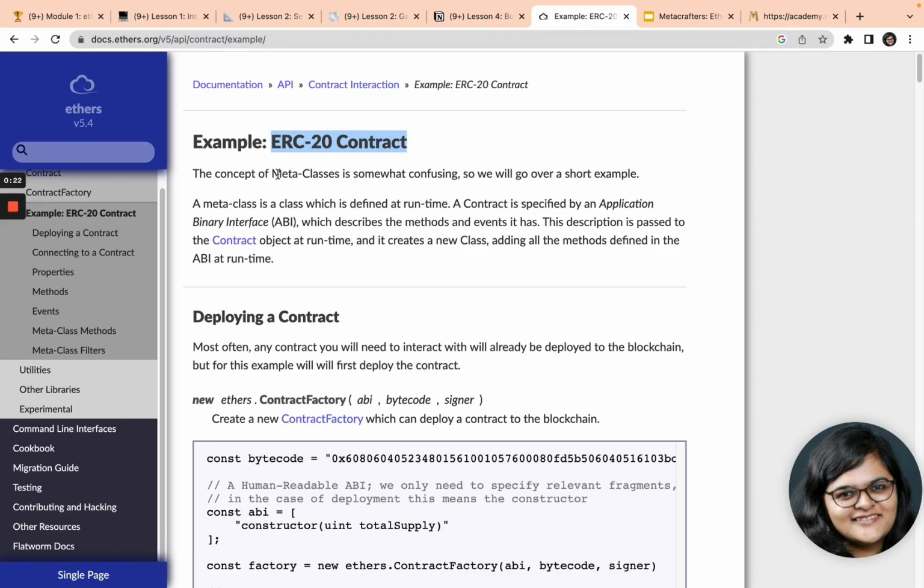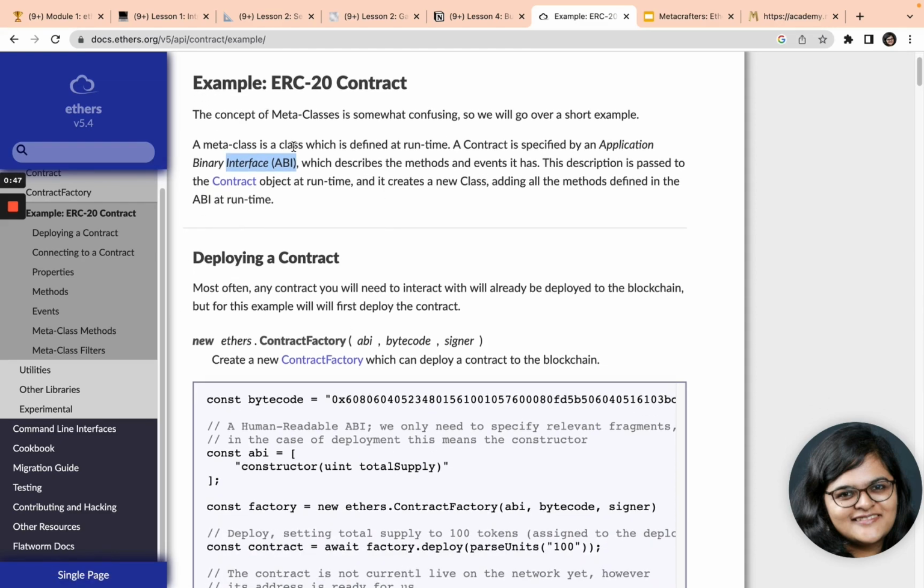Now here they've given a little bit of introduction about what a meta class is. A meta class is a class which is defined at runtime. A contract is specified by an application binary interface, that is ABI, which I'm sure you're already familiar with. The ABI describes the methods and events that are a part of the contract. This description of the contract itself is passed to the contract object at runtime, and it creates a new class, which is why the definition of meta class is necessary right now, adding all the methods defined in the ABI